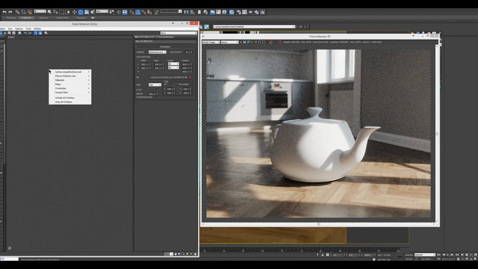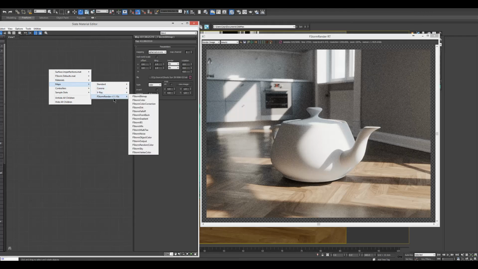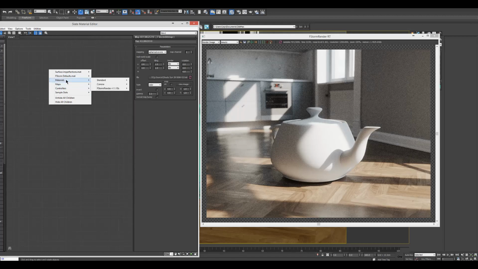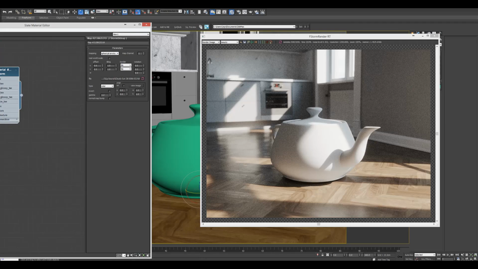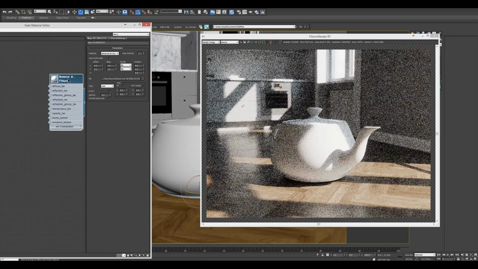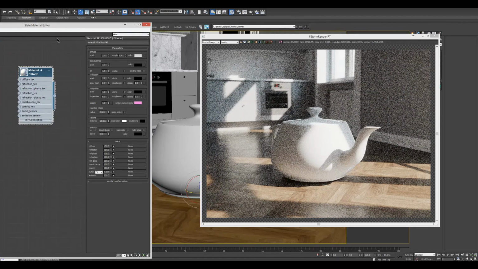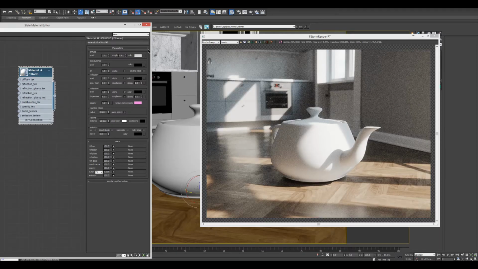Okay, let's do some simple shading. Now, if you want to create a FStorm material, you just go into the materials here, FStorm, and apply that to this. So this is the default material, and the layout of this looks very like other renderers, but you have